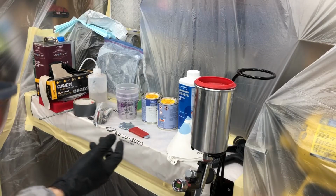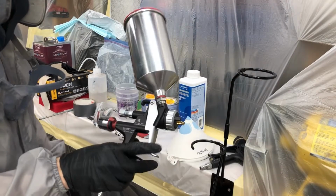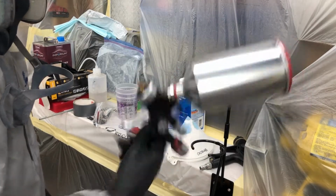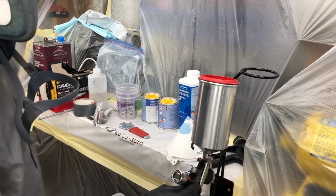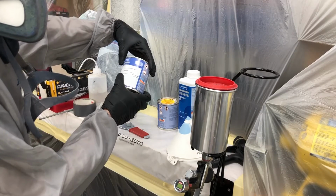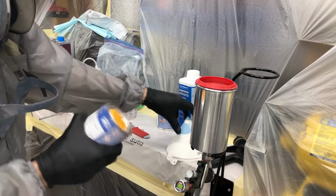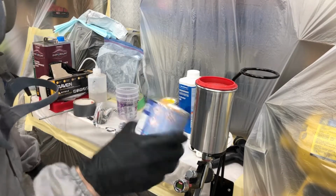Alright guys, so moment of truth here. I think we are ready to spray. I'll be spraying base with my Phaser 5000 HVLP with a 1.4 tip. Yes, we got our Sikkens Ruby Red Layer 1. Sikkens, they're waterborne anyway, the Autowave MM and MM 2.0,